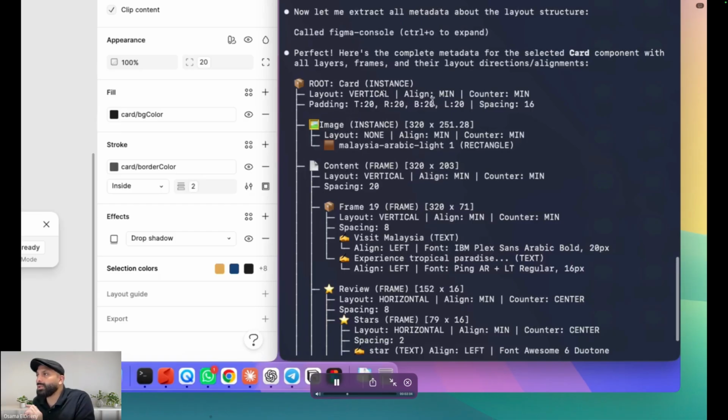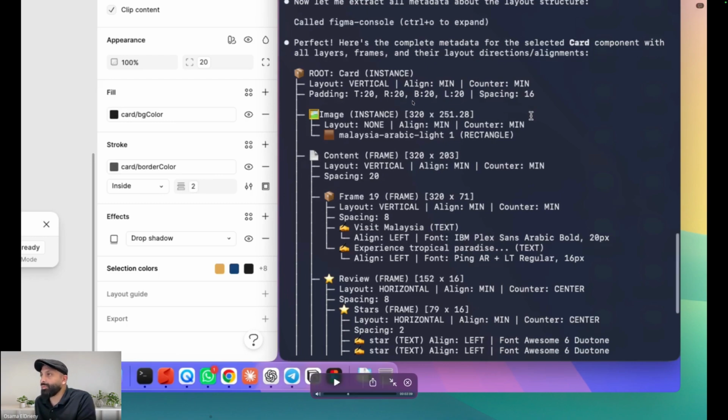Okay, this is the card instance and the layout. You can see here, let me just pause the video. Talking about the layout and the padding, it says layout vertical align minimum and counter minimum. I don't know what it is. And here it's talking about the image. After that, let's focus on some frames. I was supposed to rename my layers. And one of the tips and tricks, guys,